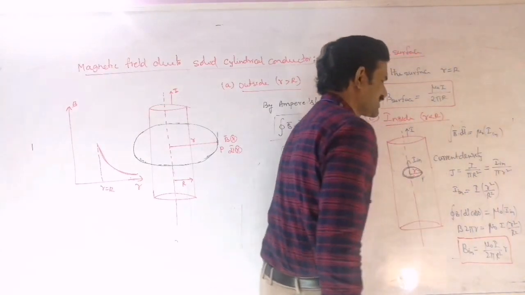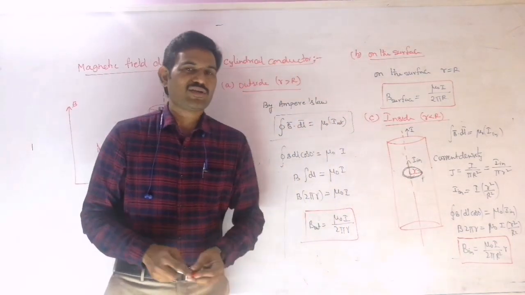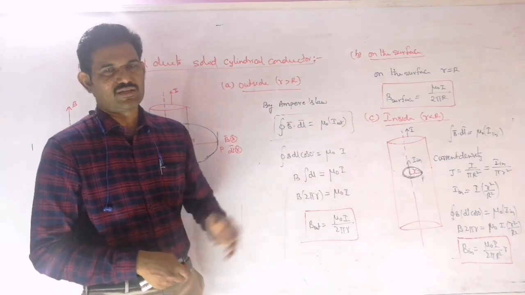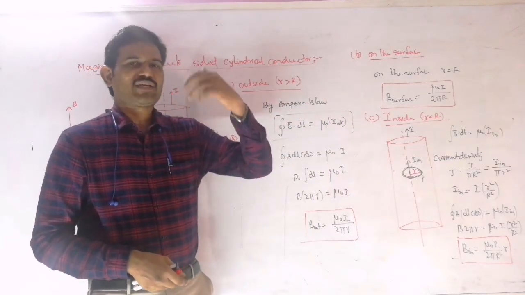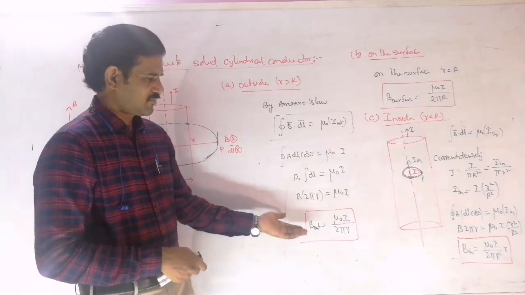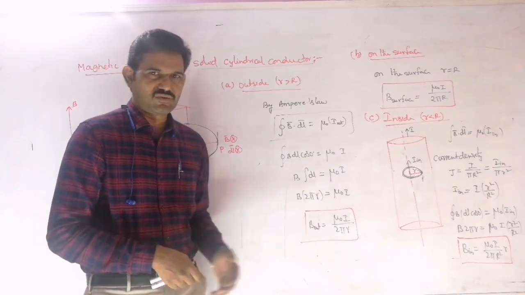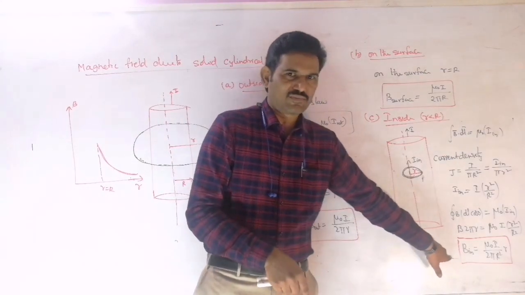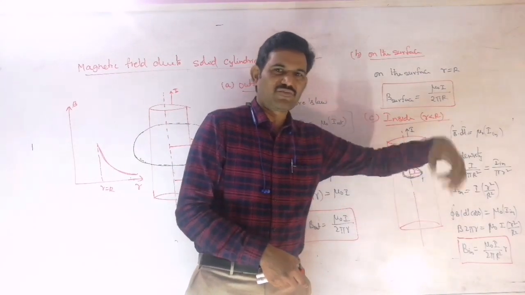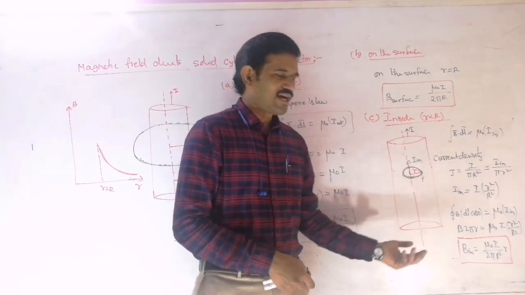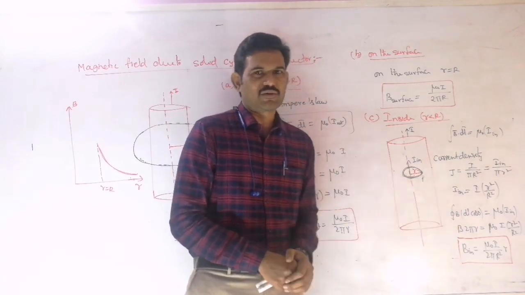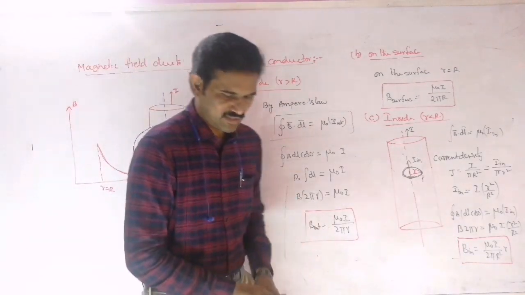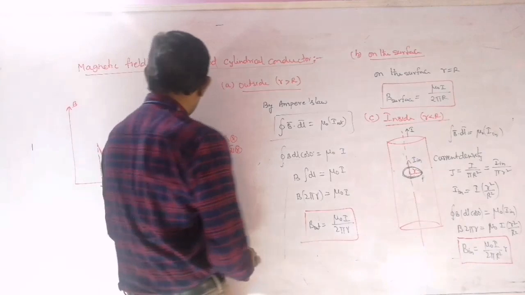So the magnetic field inside the conductor is not zero in the case of a solid conductor. This is the new expression. Using Biot-Savart's law, we can only calculate outside, which is mu naught I by 2 pi r, a case we already know. But the inside expression is new in this topic. Till now we didn't discuss the magnetic field inside. If they ask for a distance R by 2, then small r is equal to R by 2, you can substitute there.